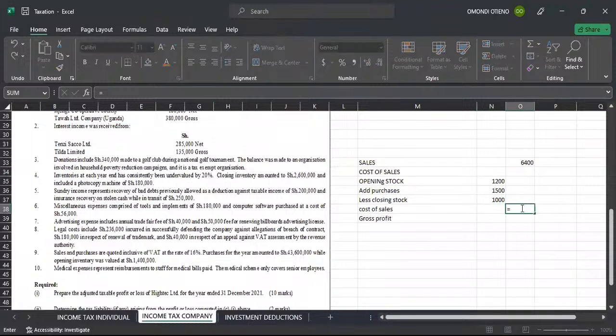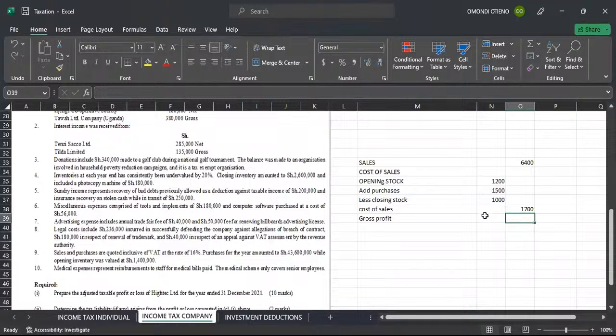So cost of sales will be opening, add purchases, less closing. That is what we have. So gross profit will be equivalent to sales minus cost of sales. So hapa ndani, inside our closing stock, ndani ya closing stock tuliambiwa kuna